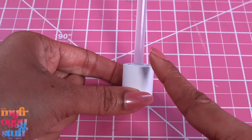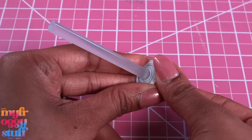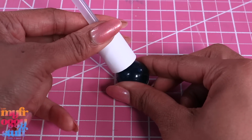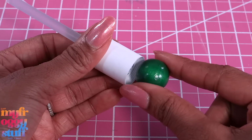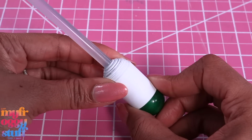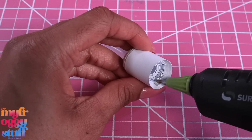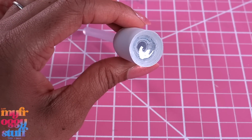To make a dome shape at the top, I push the paper at one end so it starts to curve. If you have a large bead, we can just press one end against the rounded side of the bead. I'm using a slightly smaller bead to get that dome shape at the top. Let's use a little hot glue underneath to glue the ends of the paper together so we can secure our